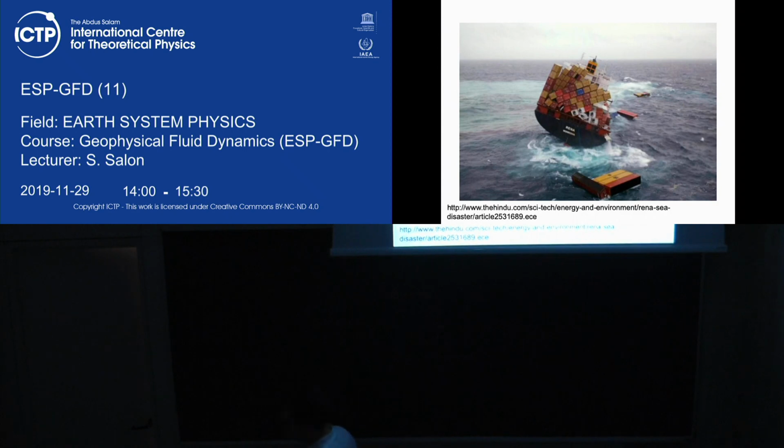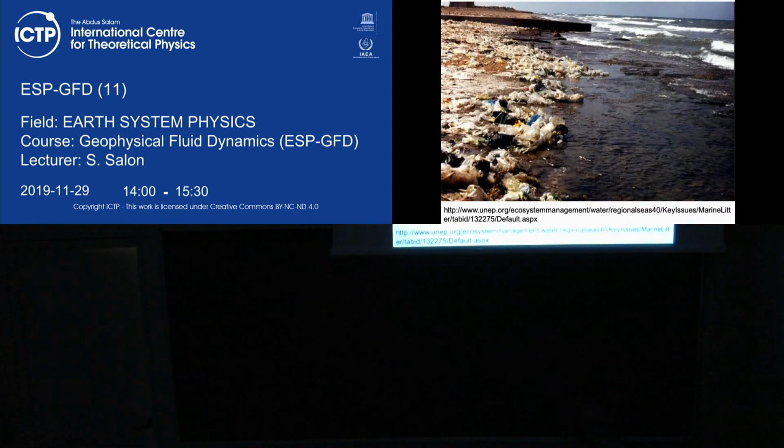So if you are able to give a good prediction to a ship, and you say to the ship where to go and try to avoid severe weather, you can avoid this, which is, of course, good for the insurance company, who are very happy about that. But of course, the people who are owners of this container are not. Then we have another very important thing, which is getting extremely severe, which is the pollution.